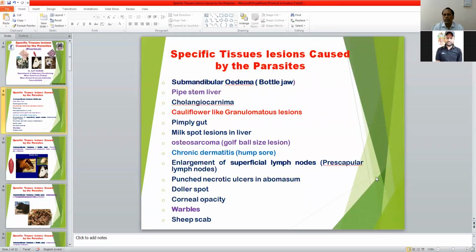It is the common lesion caused by the parasites Fasciola, amphistomes, Haemonchus, and hookworms. This bottle jaw is caused by these 4 parasites. Then pipe stem liver is also a specific lesion caused by the Fasciola species. Then cholangiocarcinoma,